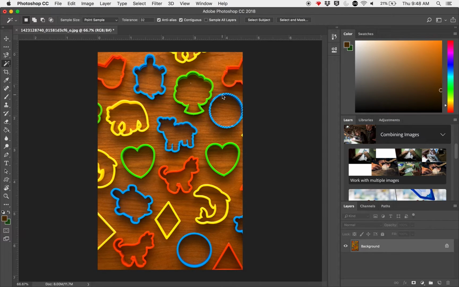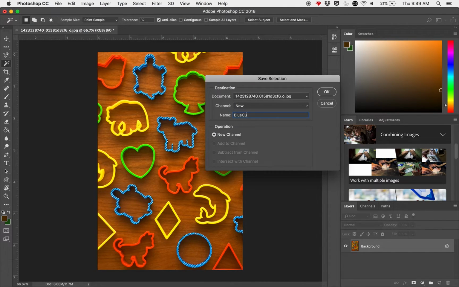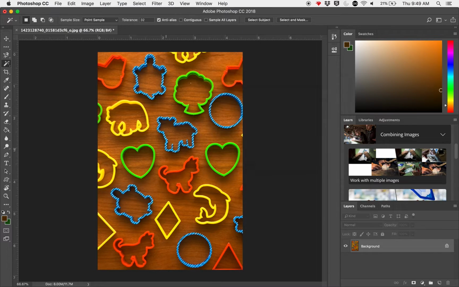If I click on just the circle, notice how it selected just that blue circle. If I want to select all of the blue pixels throughout this image, even though they're not touching, they're not contiguous, I can uncheck this box. I'm going to deselect, and now if I select inside, notice now how it has selected just those parts. And I can go up to select, and I'm going to save selection. So I give it a name, and now with that selection made, I can again choose my paintbrush,